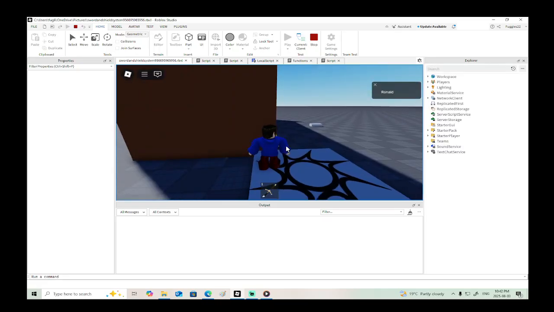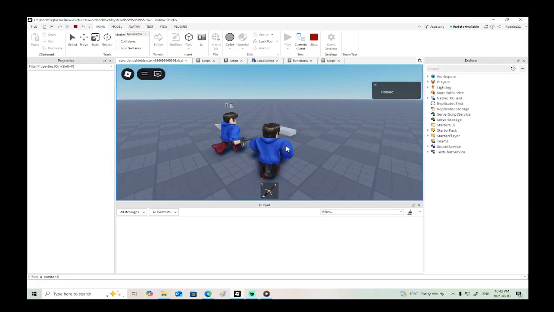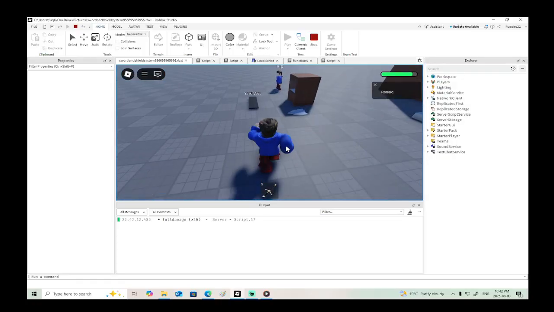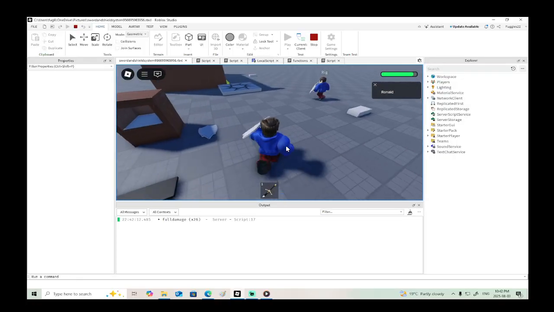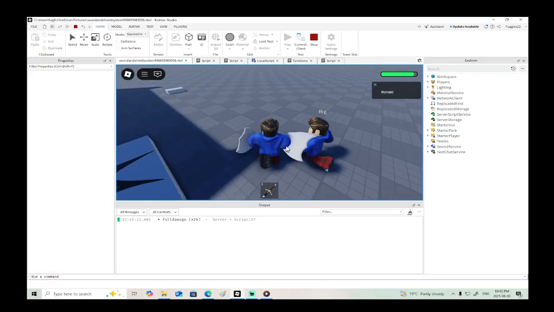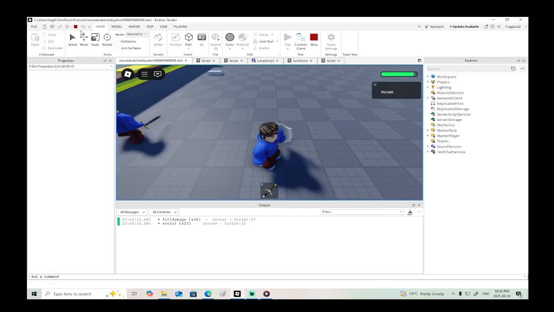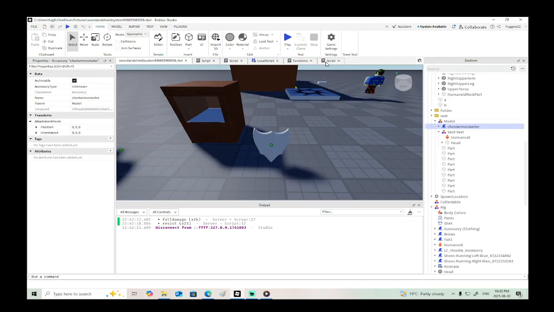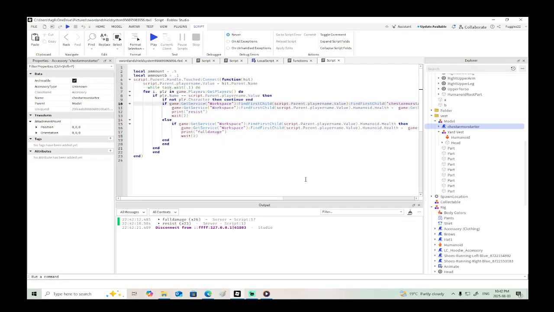So if we have the shield, yeah, full damage, and now just having the shield, there we go. Now it's saying resist. Okay, excellent. Wow, now that we've determined that,